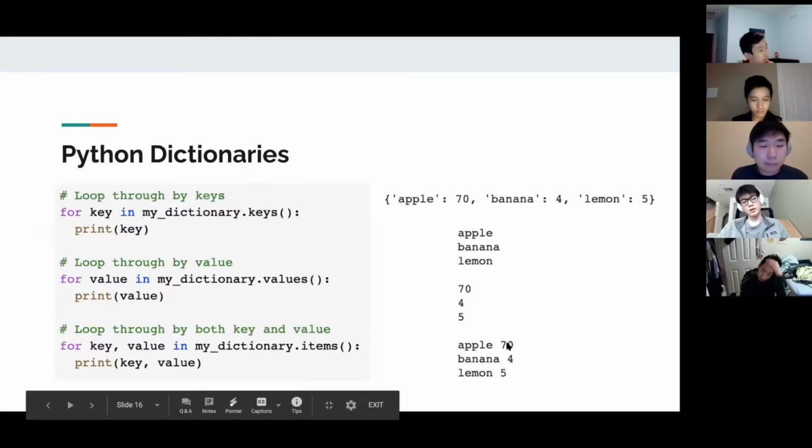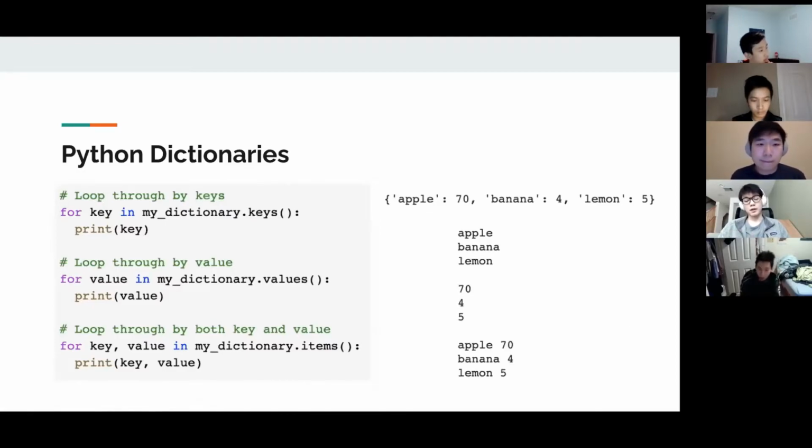So there are a few different ways of looping through dictionaries. Even though dictionaries are not ordered like sets, they can be looped through because they're still a sequence of stored values. One point I wanted to note is that when you're looking for something in a dictionary, you can never directly refer to something using its value. And that's because values can be duplicated across different key value pairs. So if I wanted to buy 4 apples and I wanted to buy 4 bananas, the value is the same. So if I'm trying to refer to 4,